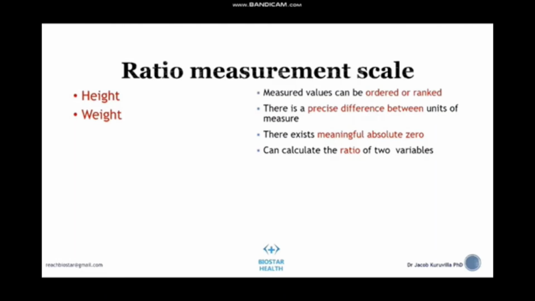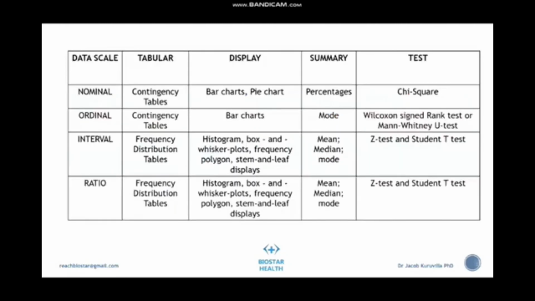So this is the highest level of measurement scale. Usually, but not always, in biomedical research, the ratio measurement scale and interval measurement scale are considered together. So for those who are engaged in doing research, it is not a must to understand the difference. But for academic purposes, we need to know that there is a ratio measurement scale and an interval measurement scale and their differences. Coming to the application of this entire classification, different scales